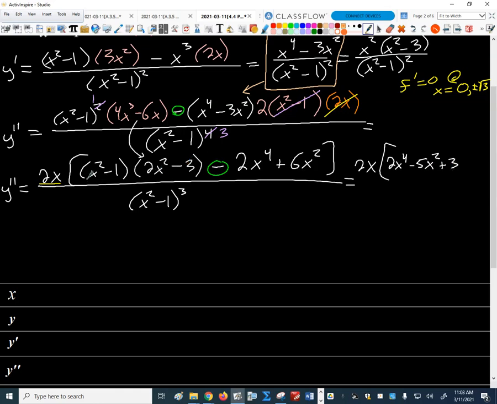So if I FOIL out those binomials, I just get that, right? And then minus 2x to the fourth plus 6x squared,